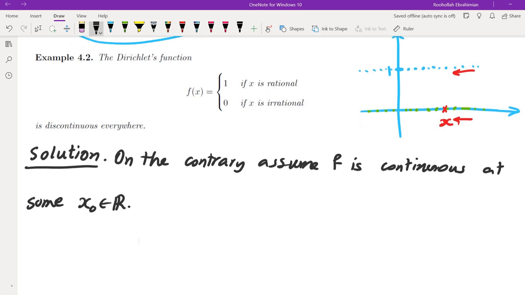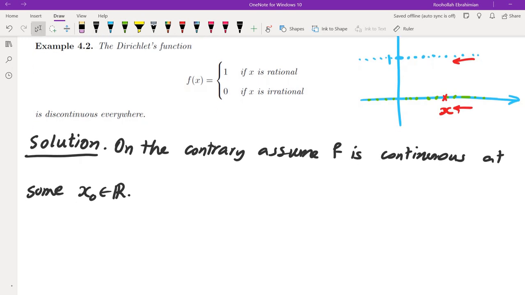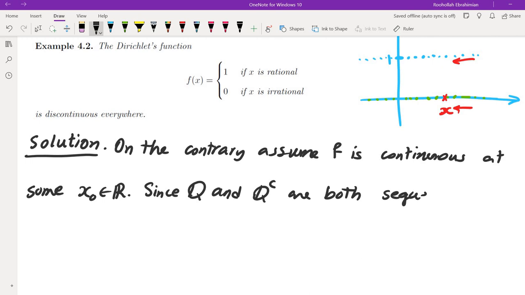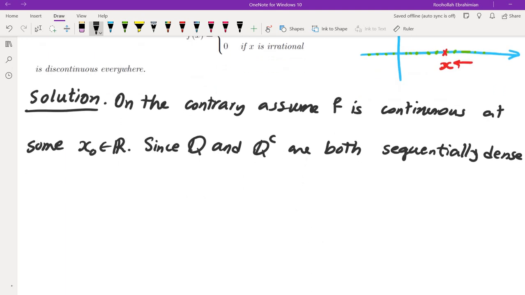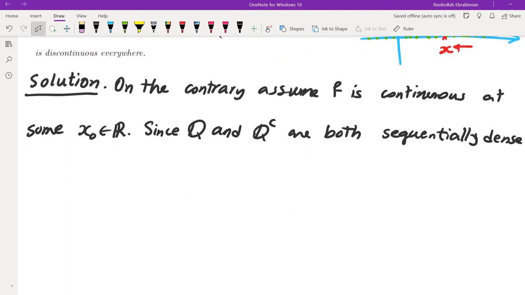Now, since Q is rational, Q and Q complement are both dense, and in fact both sequentially dense. At this point we know dense and sequentially dense are the same. Every set that is dense is also sequentially dense, and vice versa. Since Q and Q complement are both sequentially dense, there are